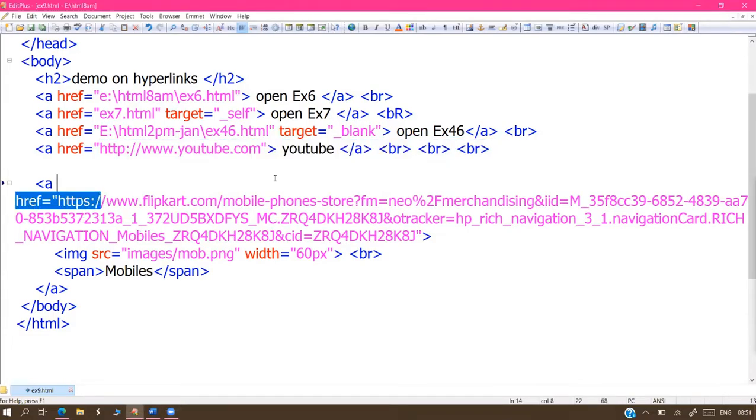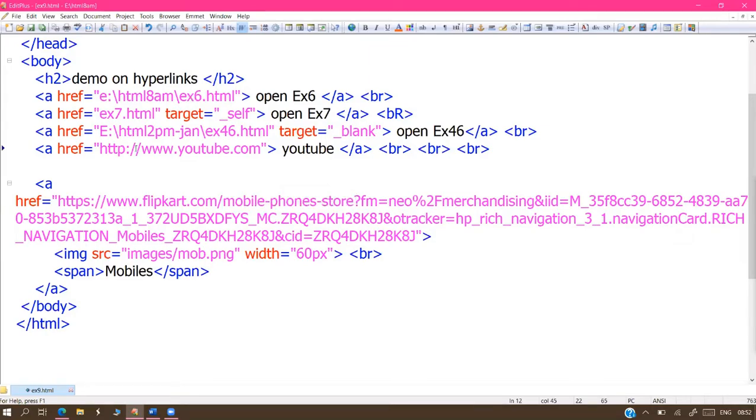I've opened Flipkart here. It's calling some server-side program because all the mobiles are listed. How are we listing all the mobiles, sir? With the support of a server-side program only. So we call some HTML program, some other technology program, and one more technology. This is the mobile phones store program. What is this program, sir? It's a server-side program that is listing all the mobiles with offers.